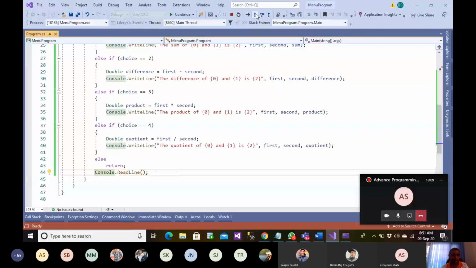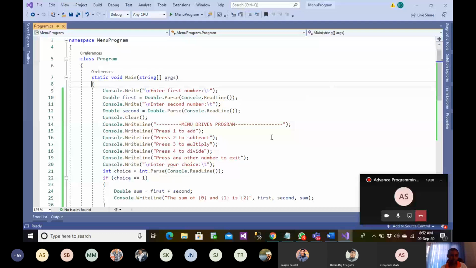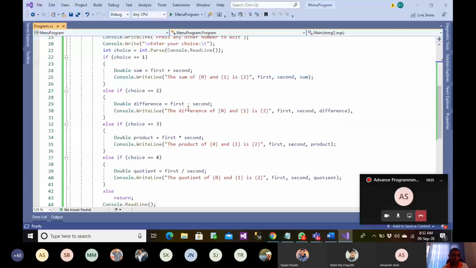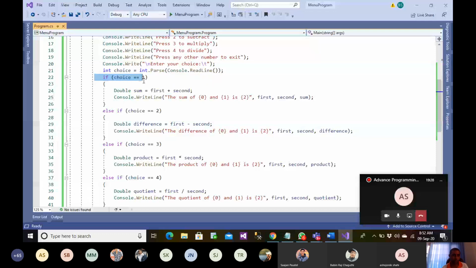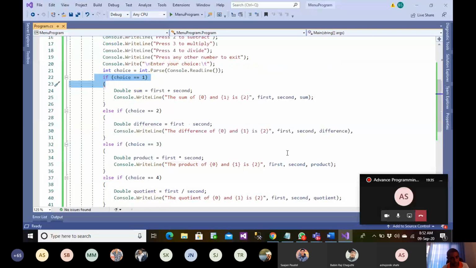So the main theme of this if else statement is, for example, let me not delete this breakpoint. No matter if I put a choice of 4, this will start from the beginning. This will start searching from the beginning, whether it will search for 4, where 4 is. Even if 4 is at the end, it will start searching from the first, whether choice equals to 1, whether choice equals to 2, whether choice equals to 3. And yeah, it got here choice equals to 4. Now this will get executed. If I had put choice equals to 1, then directly this would have come here.